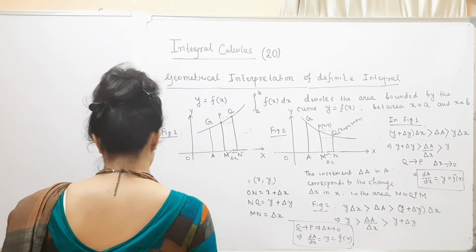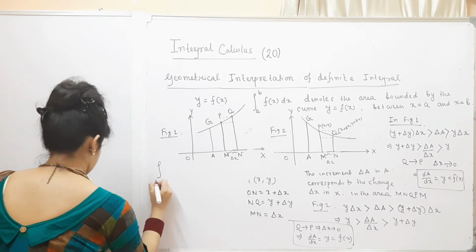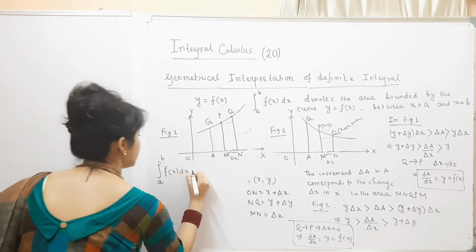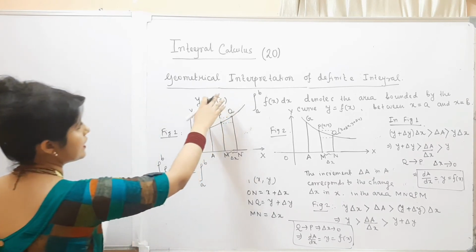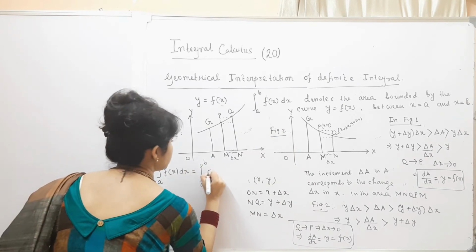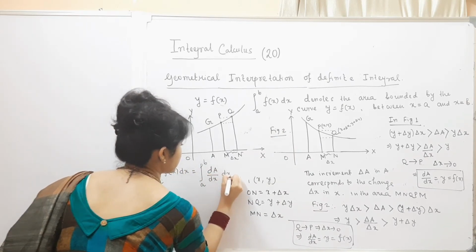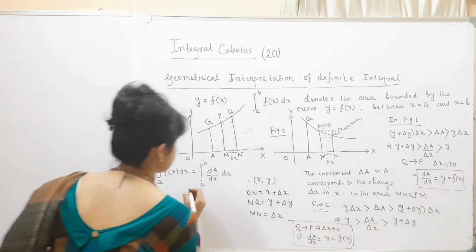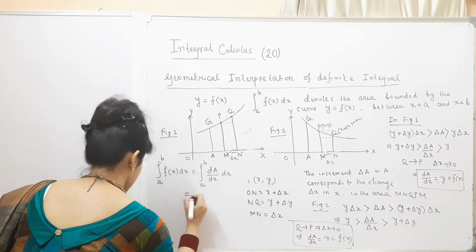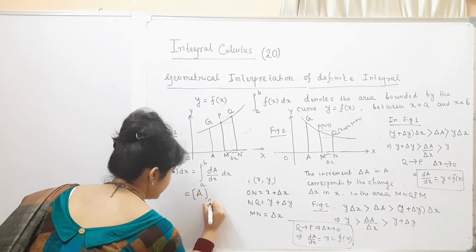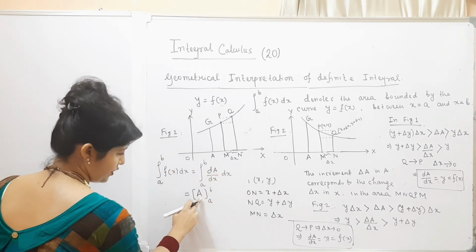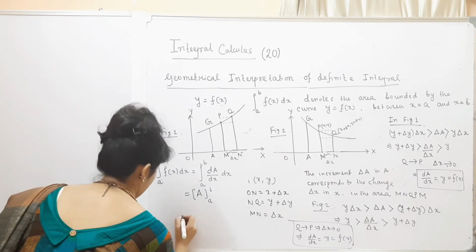Now if we want to integrate it, that is integration a to b f of x dx, our problem was this integration a to b f of x dx, so that will give you integration a to b dA dx, because y is equal to dA dx for both the cases. So therefore f of x equals dA dx for both the cases. Therefore after integrating you will get A, so the value of A